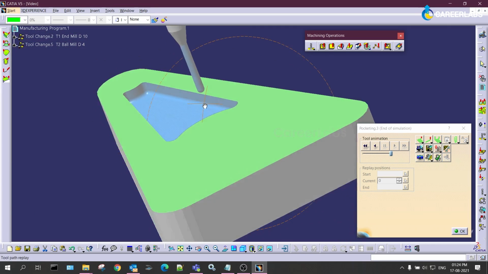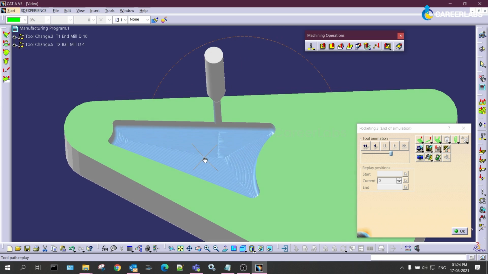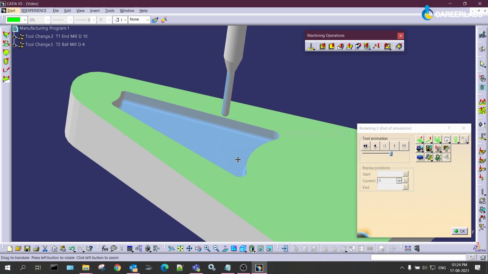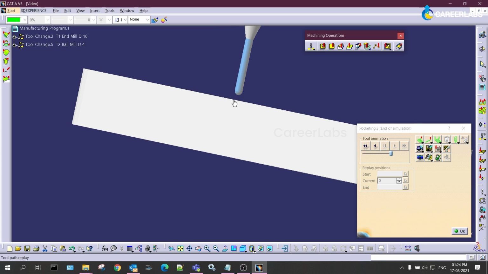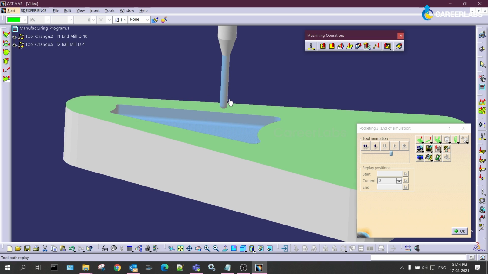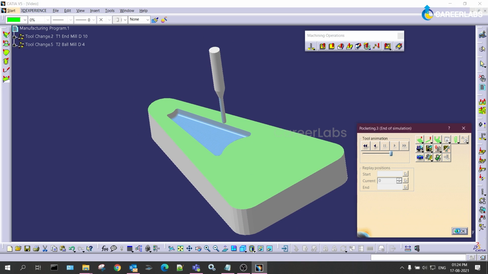That is how we need to manage the surface quality: how much overlap of tool path to tool path is happening, how many levels we are machining, how much approach and retract we are managing, and whether we are managing more than the height or depth of this approach and retract to avoid the tool hitting the workpiece. These are all the parameters which will carry over and we will validate the things virtually.